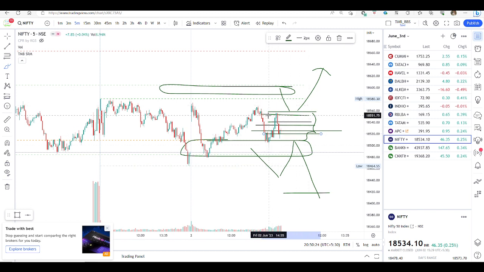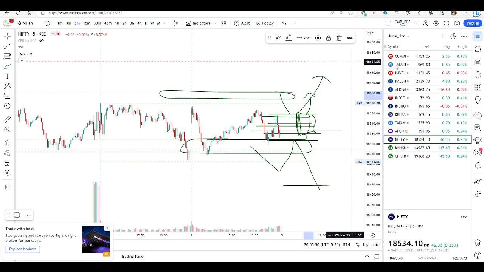The reason is it has to come out of the range, then only can we look for the opportunity. If it is a narrow range and it is opening in this range, until it comes out from this range I will not trade Nifty for another 1 or 2 days. Let's wait for the trading opportunity. Otherwise, unnecessarily we will lose money hitting stop losses in a sideways market.